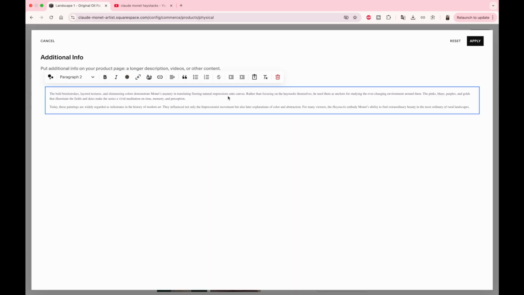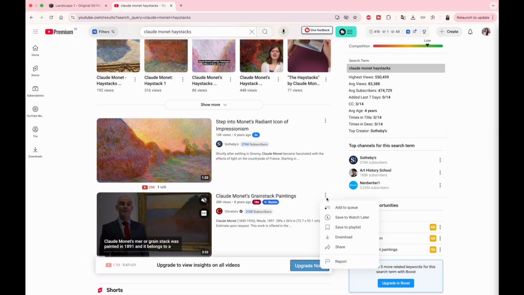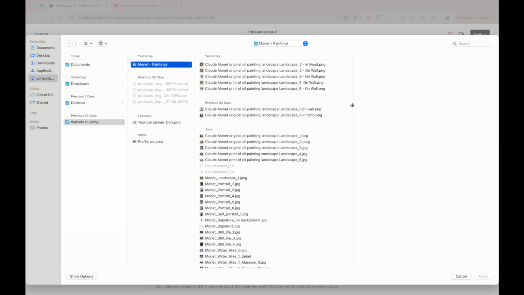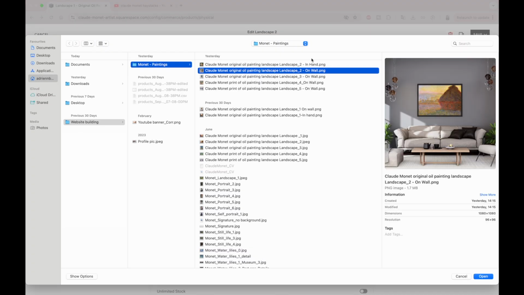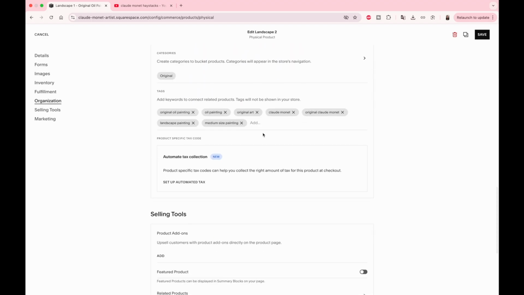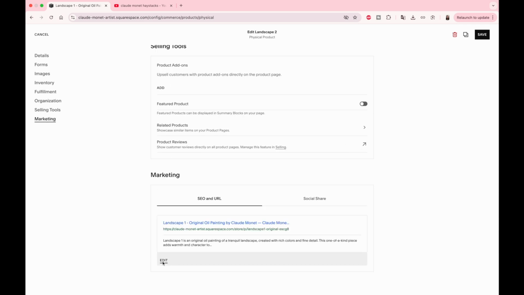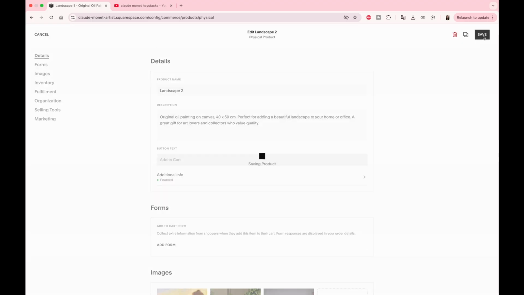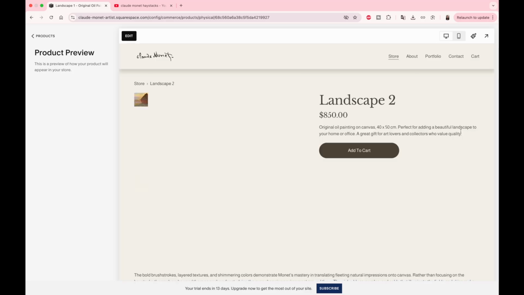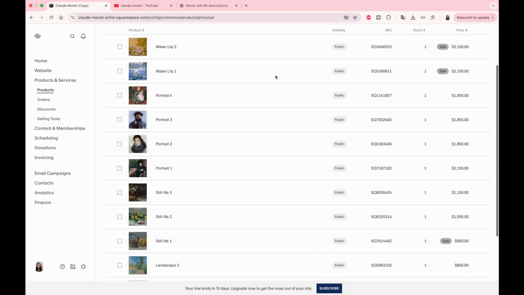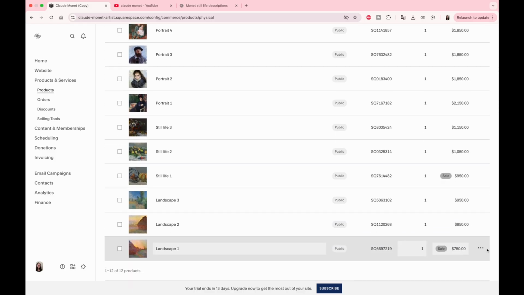I will go ahead and create a few more products for the original painting category, just to give you an idea of how a finished shop would look. Of course, I will not go into every detail. Essentially, all we need to do is to go back to the product list, click the 3 dots on the right side, select duplicate, update the name, description, and additional information, upload new corresponding images, adjust inventory details, update tags, and SEO description. Now that I've set up all the artworks for the original category, I will move on to